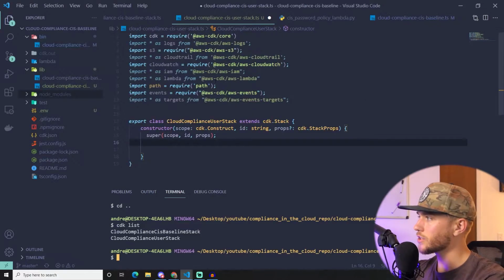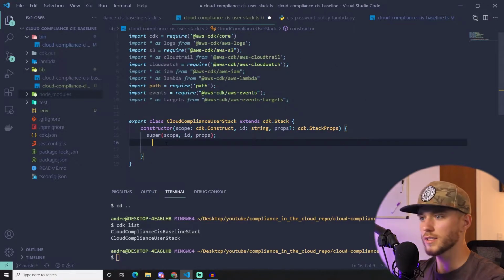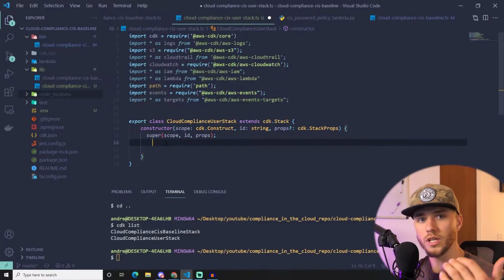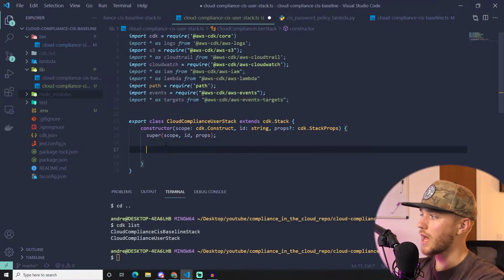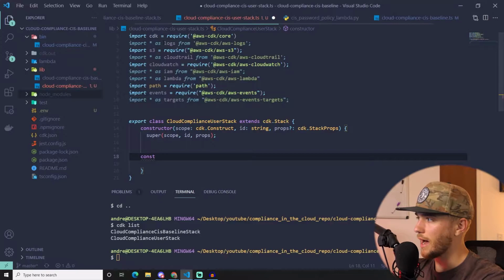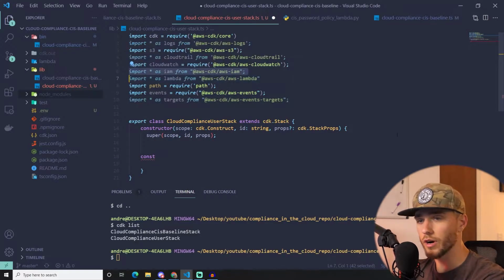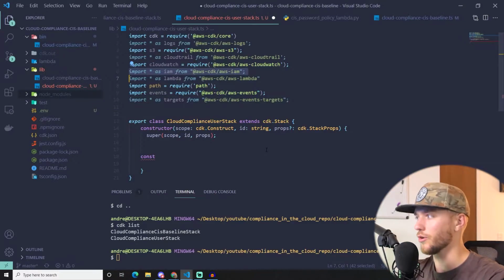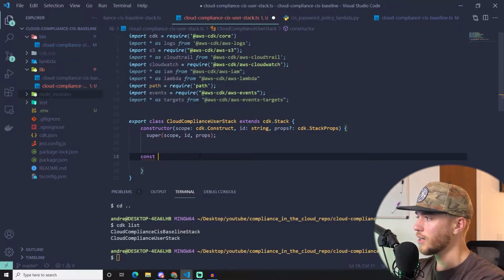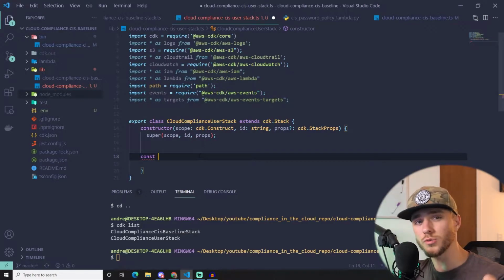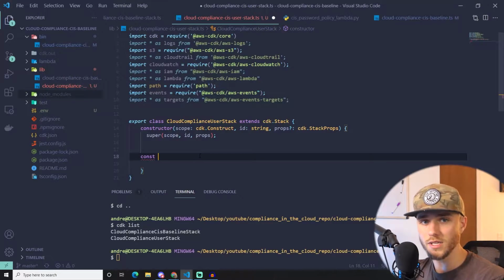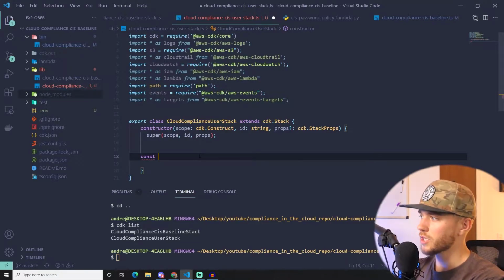So I want to actually do a few things in the beginning. When I'm provisioning users, I want to first obviously create the user, and I'm going to have to import the IAM user library above. I imported the entire thing, but you can also import specific things out of it, like specific functions like user or group. I imported the whole thing. So if you are at home or actually using this to create your first user that you're going to now use on a daily basis, so we don't use the root user, what you're going to want to do is,